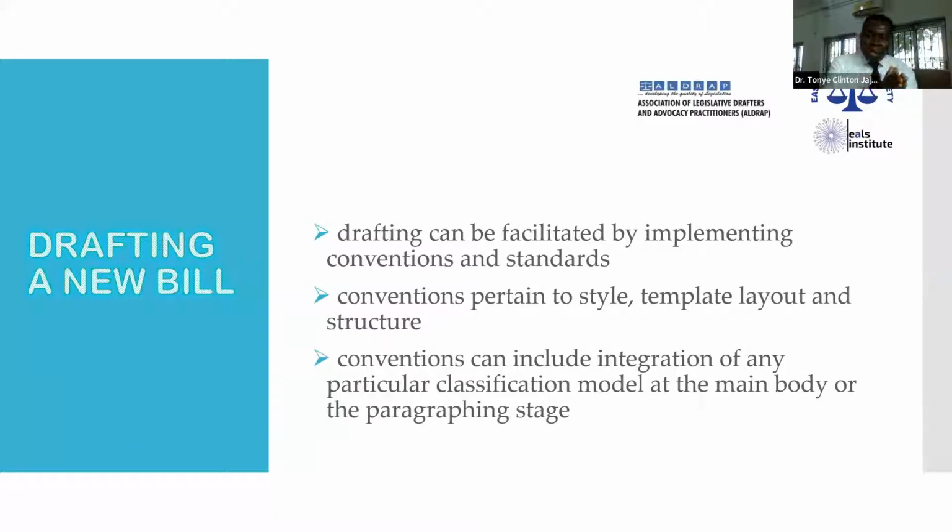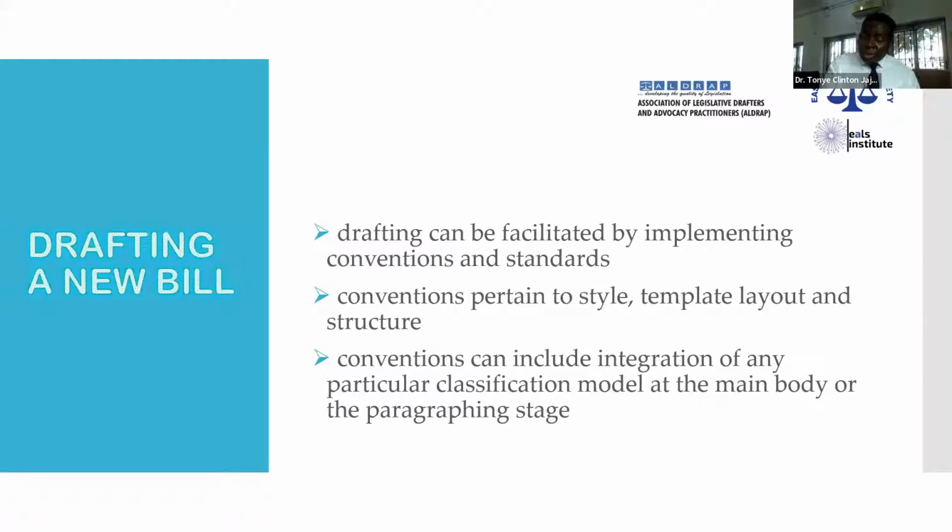This is the difference between a mechanic and an engineer. An engineer has a defined criteria he uses. It's not, because when you copy legislation from any jurisdiction, it may not be in harmony with your own jurisdiction. So it is ICT that will help us when drafting a new bill to follow the convention.